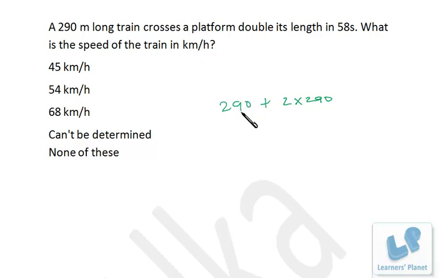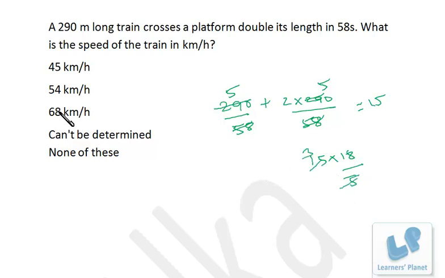First of all, I find it in meter per second. Now it is crossing in 58 seconds. Divide it like this. 29 2s are 58. That means 29 5s are 145. So in all it is 5 into 10 plus 5, 15 meters per second, right? Now if you wish to convert meter per second to kilometer per hour, what you have to do? Multiply by 18 by 5. So it's 54 kilometer per hour, right? A good number of students first make this calculation, but just try to save your time by dividing it like this, okay? I hope you are clear.